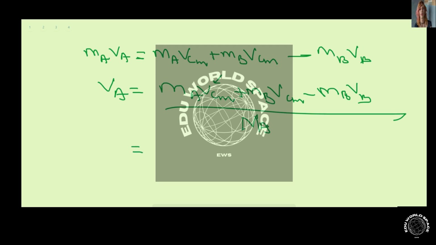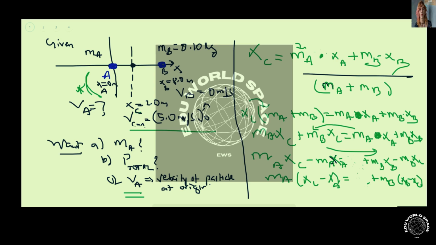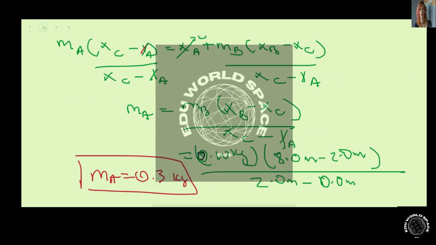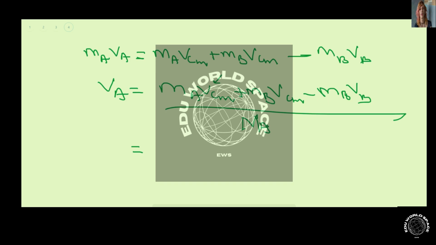So when we plug in the numbers, the mass of A, verified, we already got that in the first part, is 0.3 kilograms, times the velocity at the center of mass, which is 5.0 meters per second I hat,